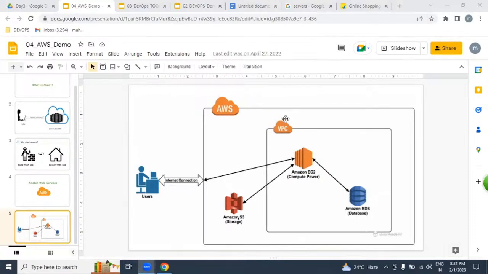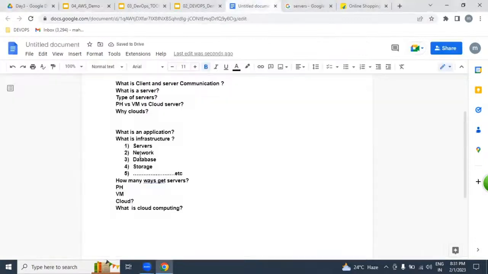Network. EC2 is nothing but what? Servers. RDS is nothing but what? Databases. S3 is nothing but what? Storage. So let me write down: VPC is network, EC2 is servers, RDS is databases, S3 is storage. With the help of this cloud infrastructure, we can easily deploy our applications by using DevOps,